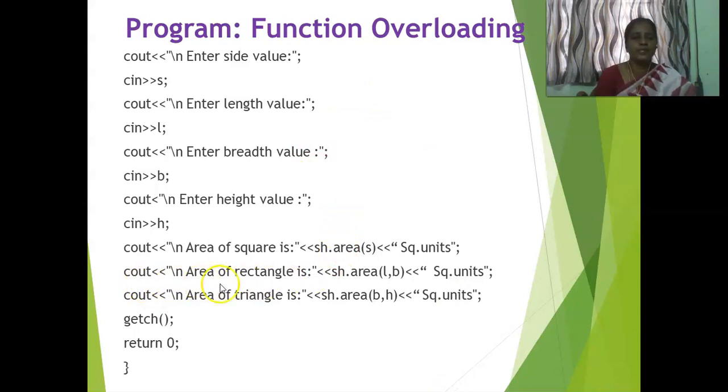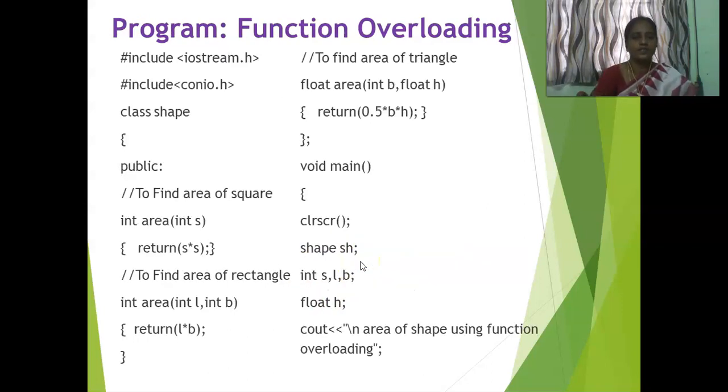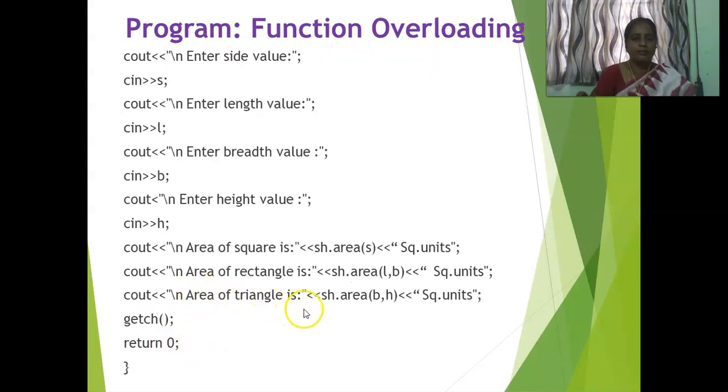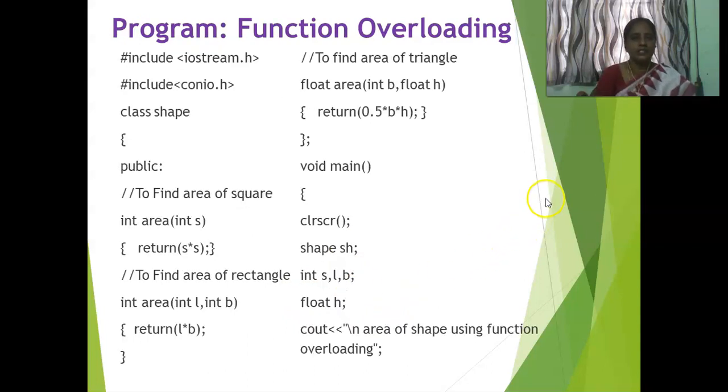And in this second statement, cout "area of rectangle", it prints the string on the screen, and sh.area(l,b) is a function calling statement. It calls the function which matches the two integer arguments. So this function matches int l, int b, and it is returning l into b. And another statement, area of triangle, sh.area(b,h), is also a function calling statement. It calls the function which matches an integer and a float type. This function matches, and it returns half into b into h,